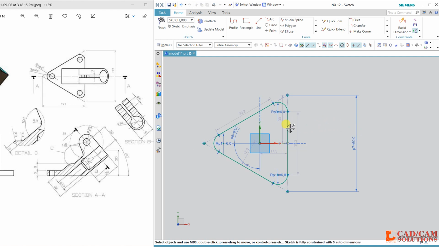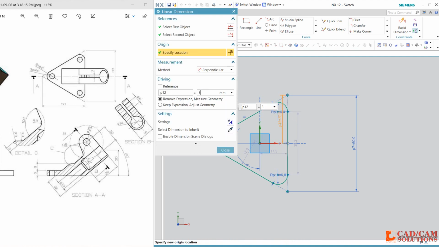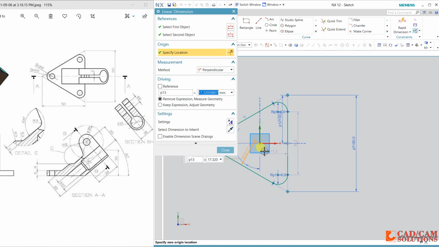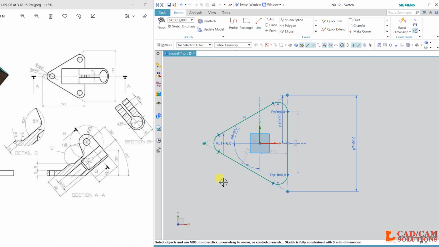Make them equal, and this dimension is 30. Just double click and define, no need to change, and select circle, and the circle is 6 millimeter diameter.